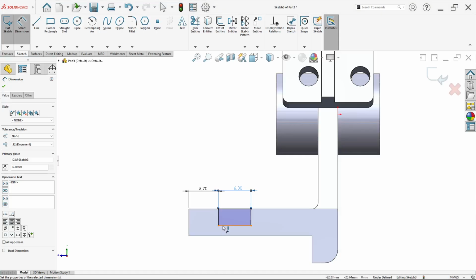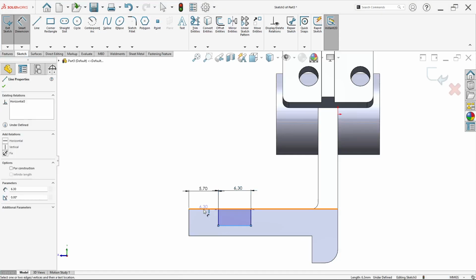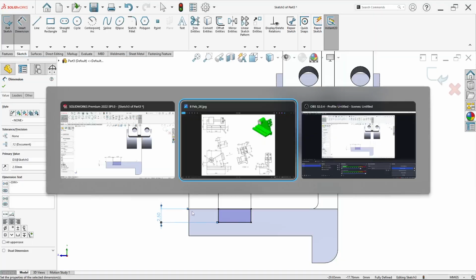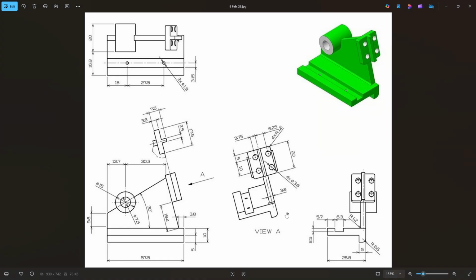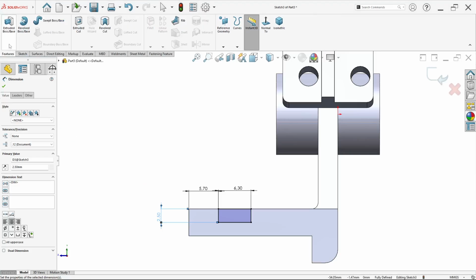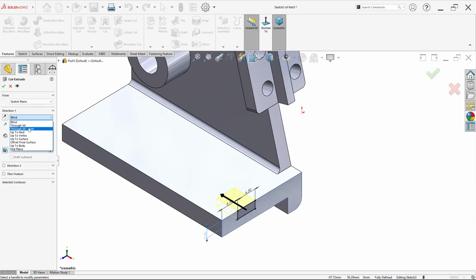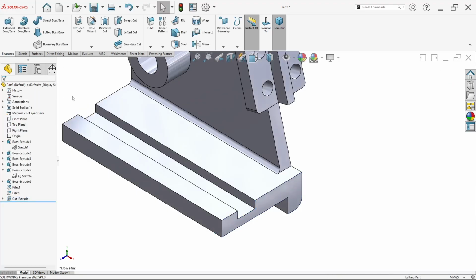Here to here, this line to this edge is 2.5. Okay. Just click feature and click extrude cut. For direction, change to through all, click OK.